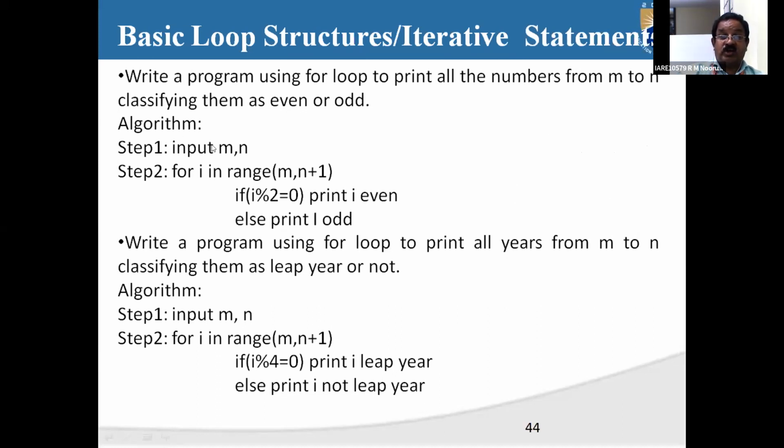For that you are going to read both the values, m and n. You are going to read the m and n values, and then you are going to make use of a for loop: for i in range, starting with the beginning value m, comma, and the ending value n. We are going to take up to n plus 1. So it's going to take up to m,